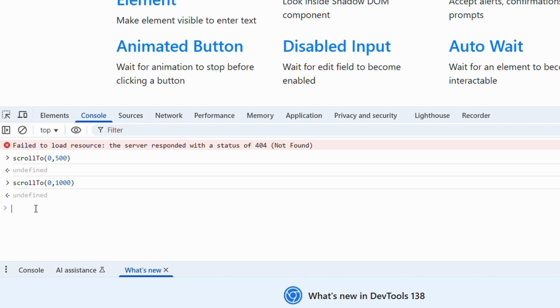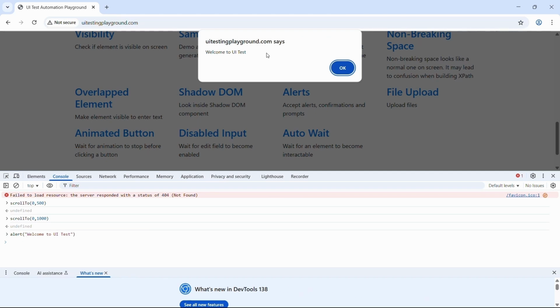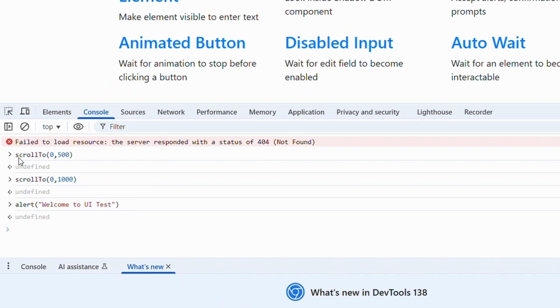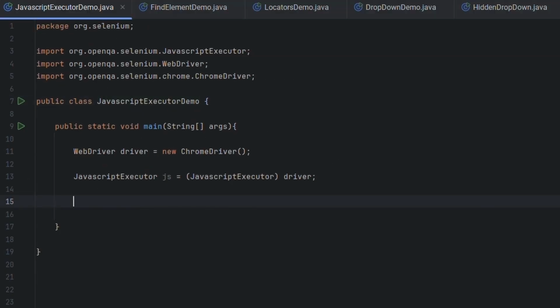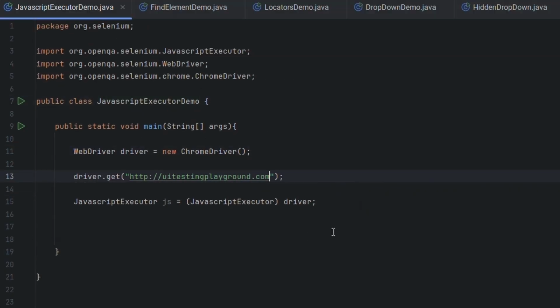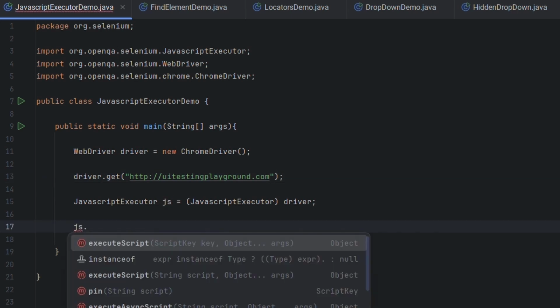Also, let's say you want to give some alert, like I'll give a welcome to UI test. There you go. The alert is prompted here. Basically, whatever JavaScript you executed here, you have to provide that in the execute script method of JavaScript Executor in Selenium. Let's get back to the code, and here let's first open the web page, then we'll do js.executeScript,